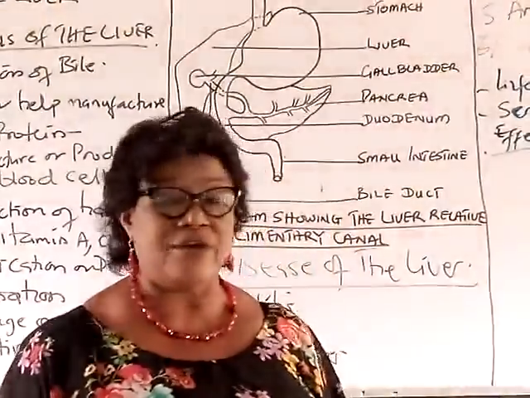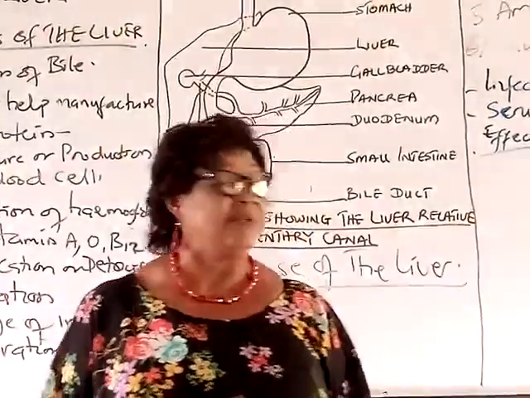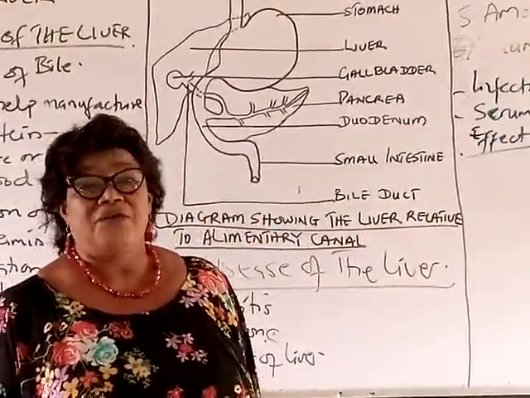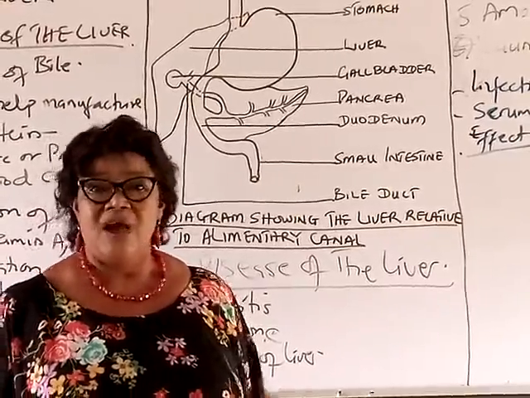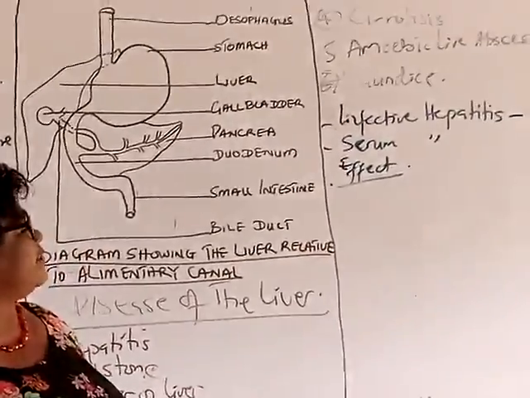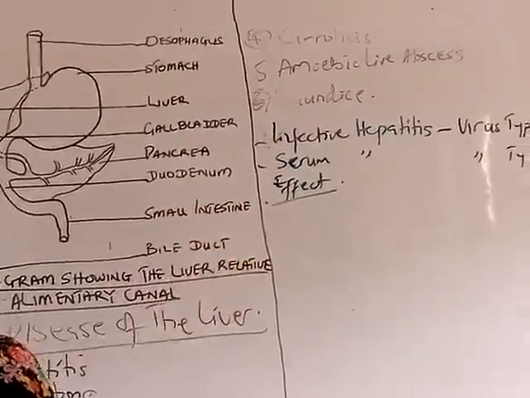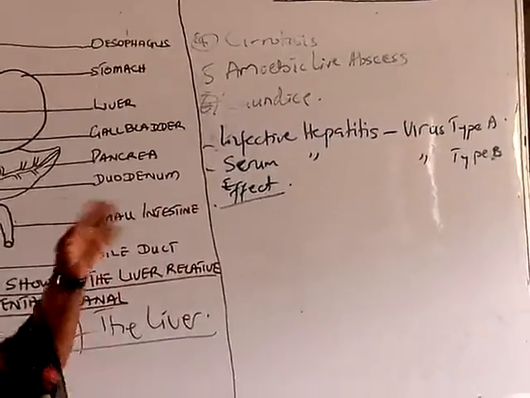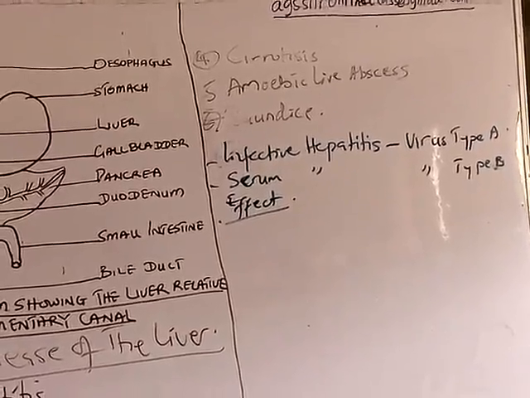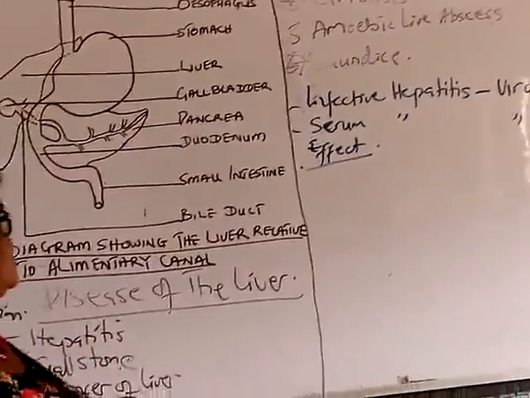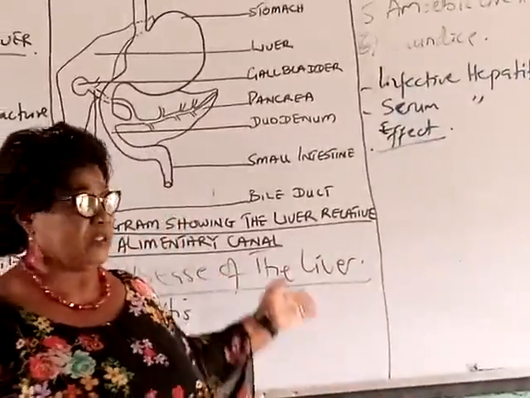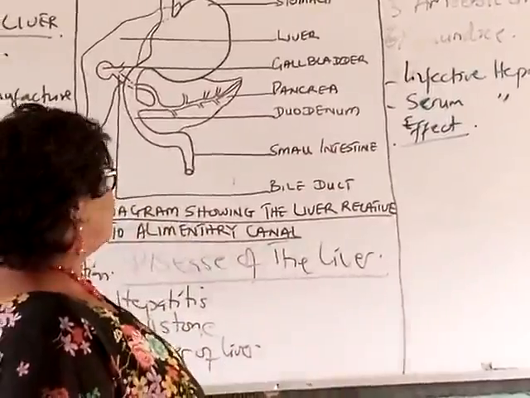How do we deal with that? Take your drugs, and apart from drugs, treatment can be administered if noticed on time, and it may also involve transplants. Other diseases, like I've earlier mentioned, although time will not permit us to go deep into it, is amoebic liver abscess. This is also caused by a parasite known as Entamoeba histolytica. It results in amoebic dysentery. The next one is jaundice. Jaundice can also be mentioned here, because one of the major things is that it's caused by obstruction of the production of some of these things, and other liver diseases.